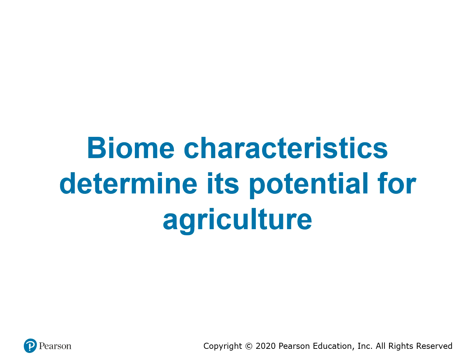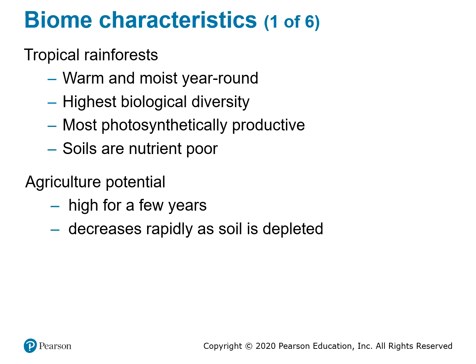The smartest managers identify the main constraints: water, heating units, salinity, shallow soils, and they design a system around every single bottleneck. This approach avoids throwing inputs at the wrong problem, and it also stabilizes yields across a variable year. Tropical rainforests are warm and moist year-round, with the highest biological diversity and the most photosynthetic production on